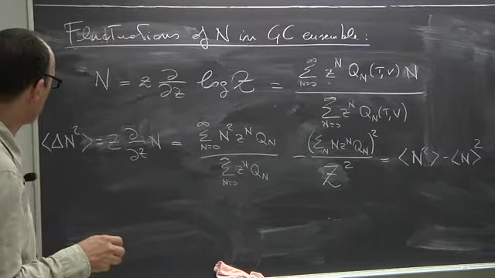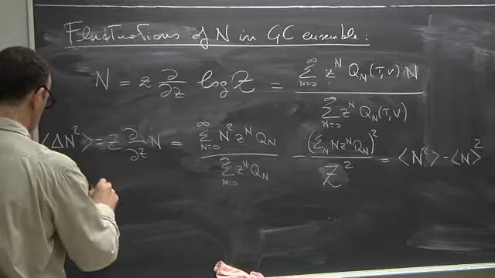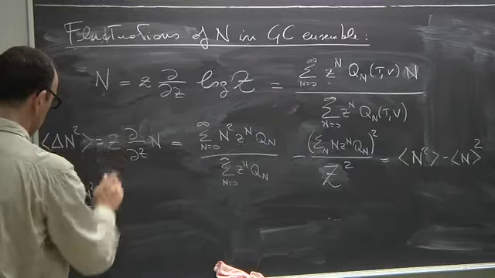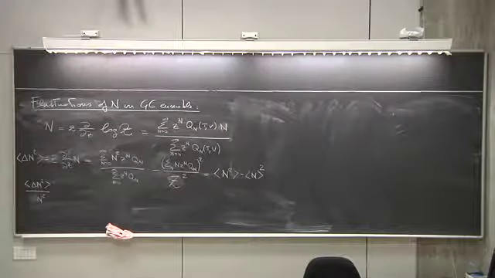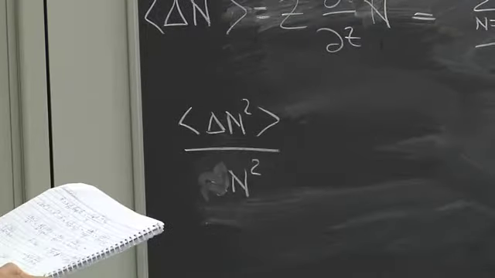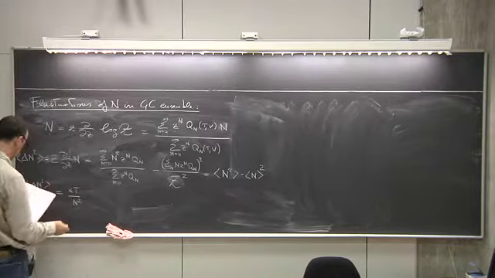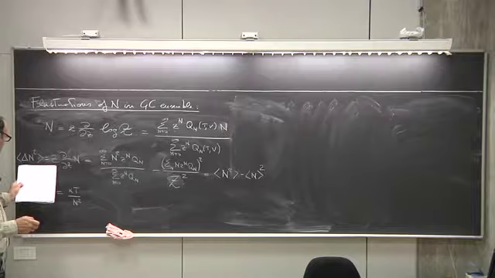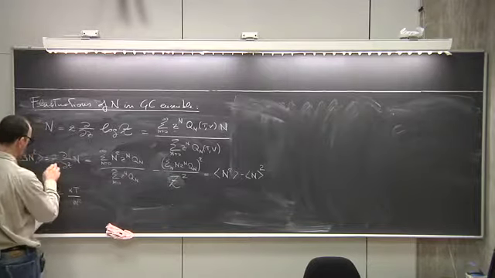But first of all, notice that if you compute the square of the relative fluctuations, so average n is just n squared, then you see that this is kT divided by n squared times this derivative here,